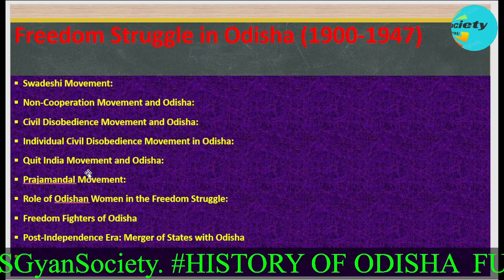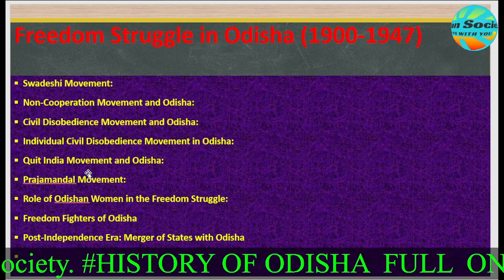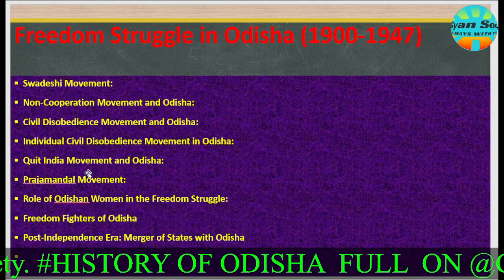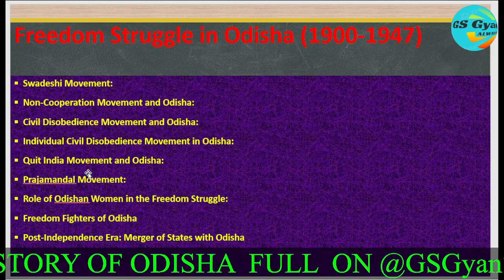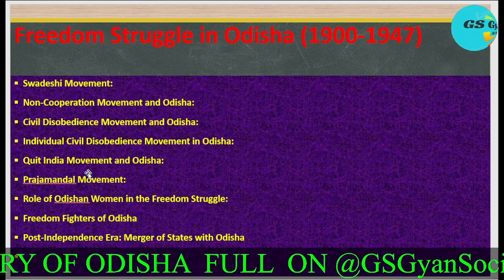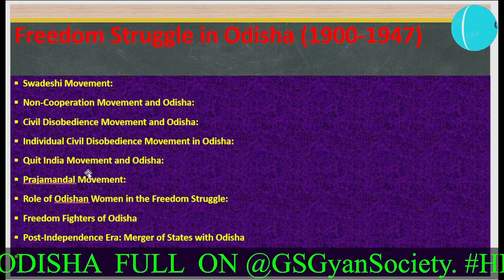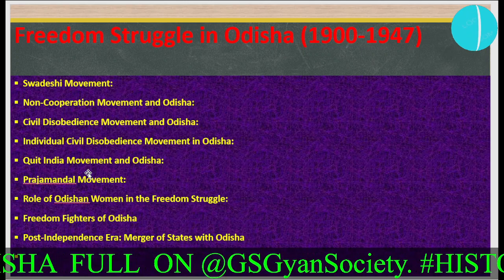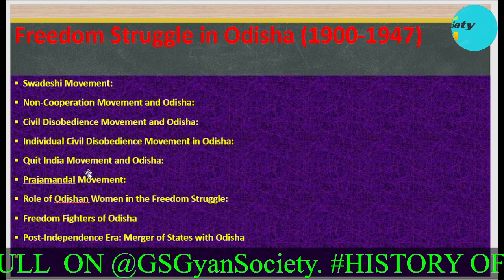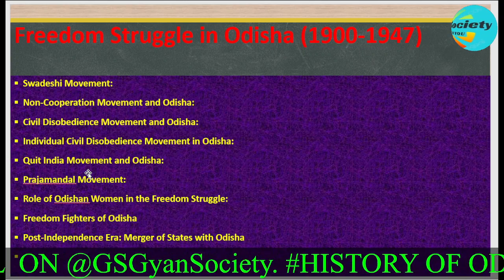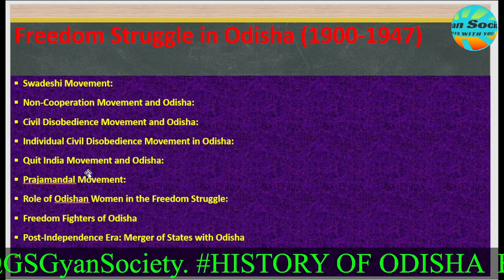If you look at Odisha's freedom struggle history, it starts from 1900 to 1947. These are significant chapters of Odisha history because the freedom struggle against the British rule was started during this period. This period is also known for the various leaders who emerged during this period and struggled for freedom from the British rule. The leaders are, for example, Utkalmani Gopabandhu Das.